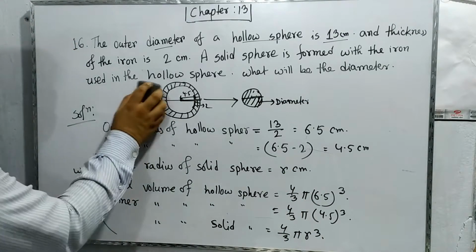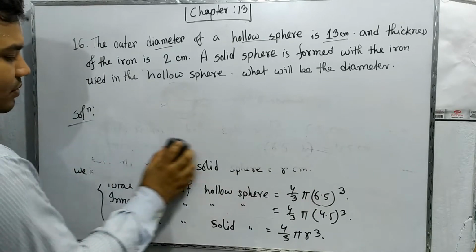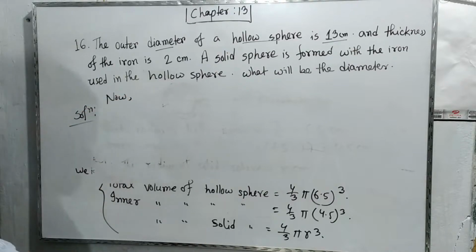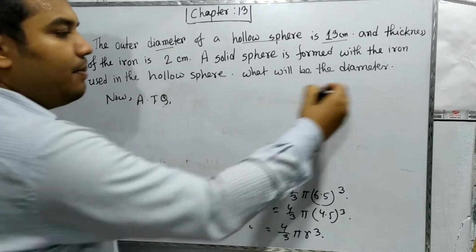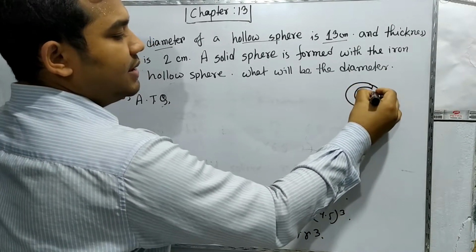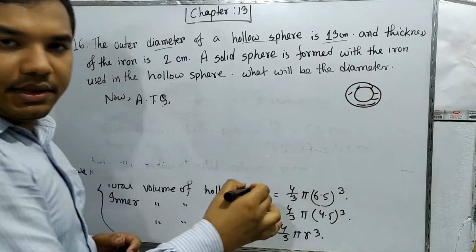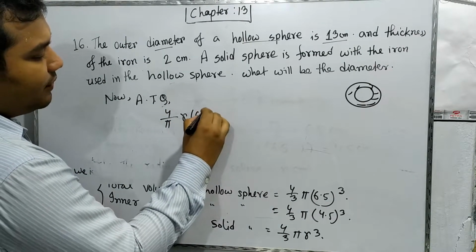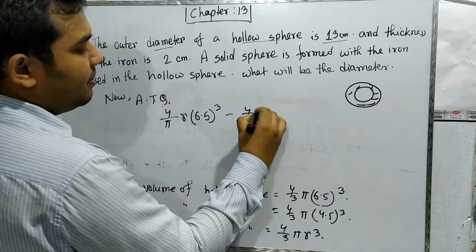Okay, now according to the question, actually the total part minus this inner part, if we subtract the full part from the inner part, then we actually get the solid part, isn't it? Yes. So according to the question, 4/3 pi 6.5 whole cube minus, that is total part minus the inner part, 4/3 pi